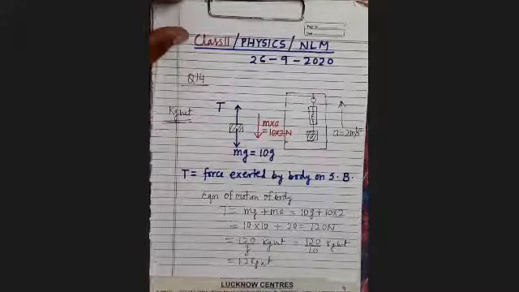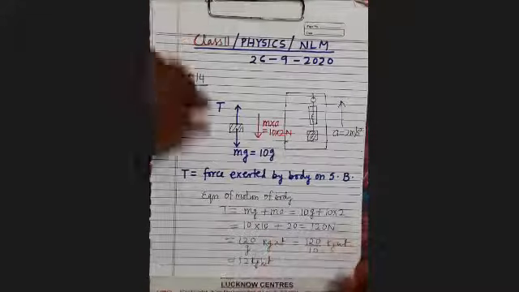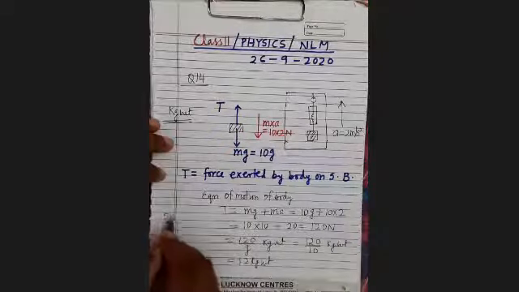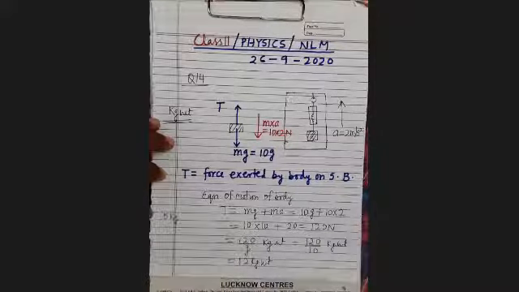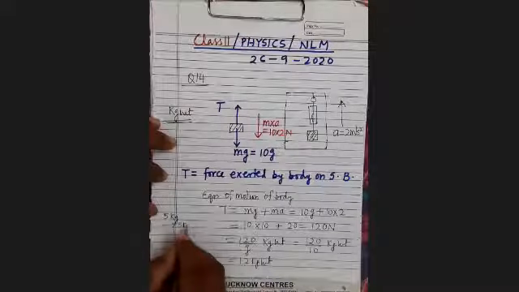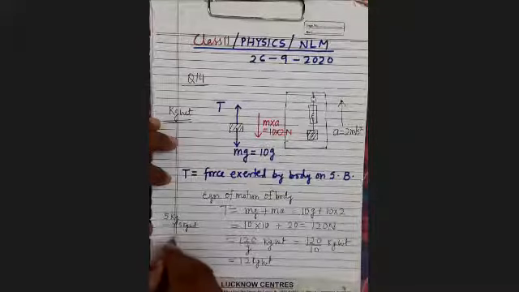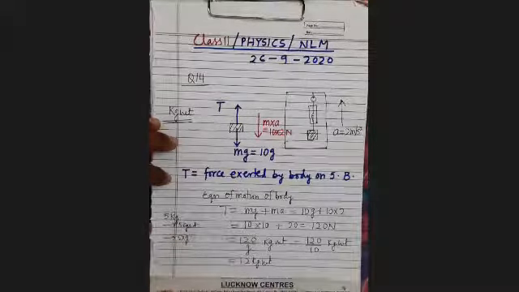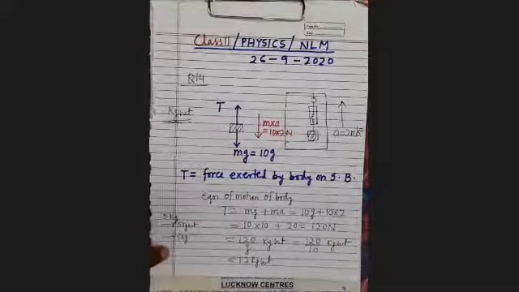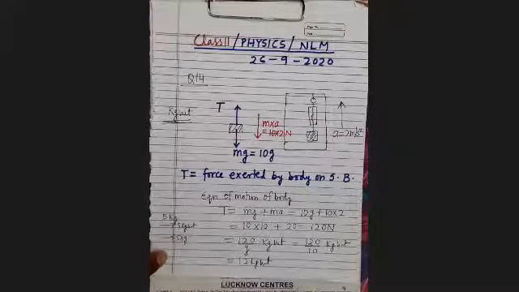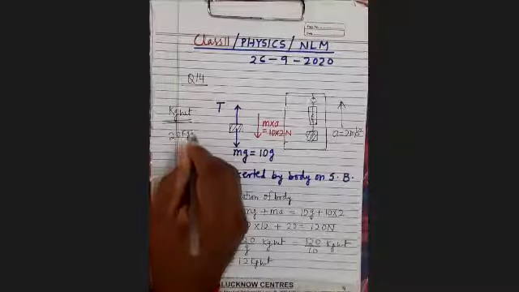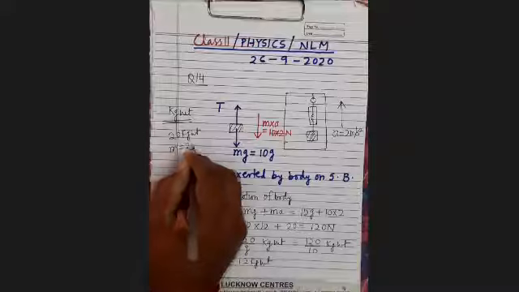Now all of you remember one thing, that if the mass of any body is 5 kg, then its weight will be 5 kilogram weight. And in Newton it will be 5 into g. If mass is 10 kg, then weight will be 10 kilogram weight. And in Newton it will be 10 into g. It's clear? Similarly, if weight is given as 20 kilogram weight, what will be the mass? Mass will be 20 kg.